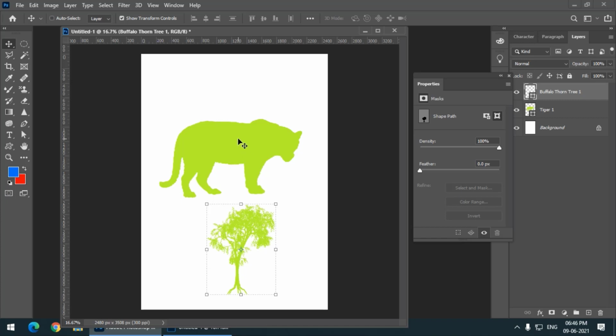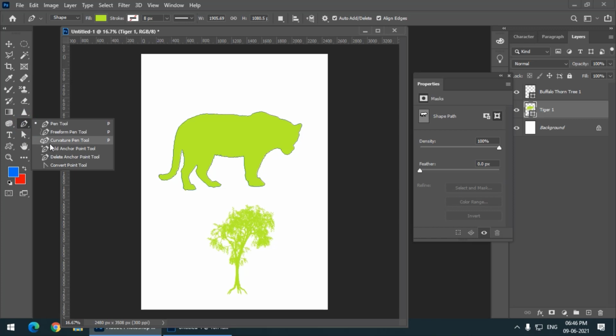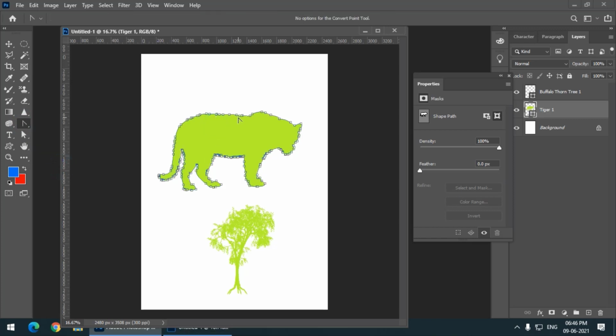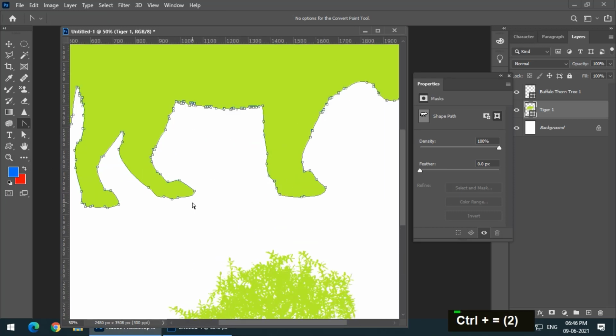And one more thing, we can also edit these shapes by using the same tools that we have discussed in the last video. For example, if I want to convert some of the points over here, I can simply convert those points. So this particular point is a curve now, so I can convert it into a straight line, as you can see.